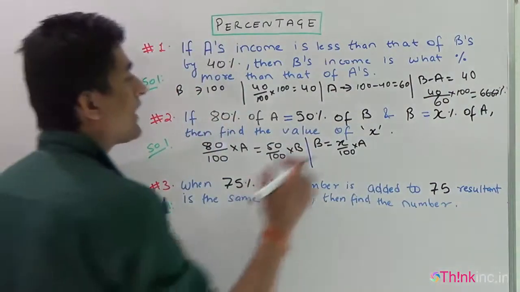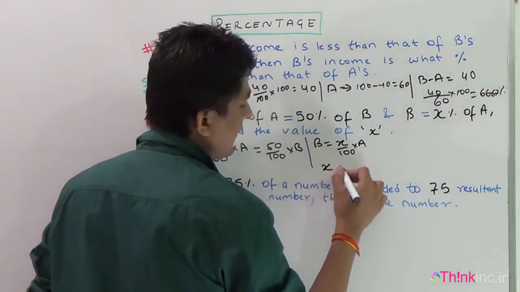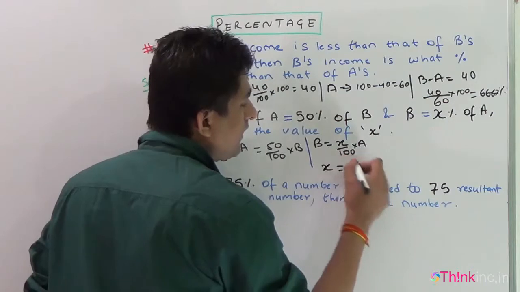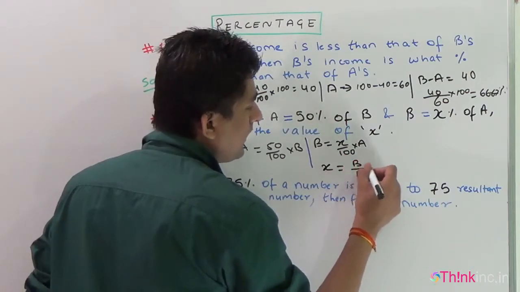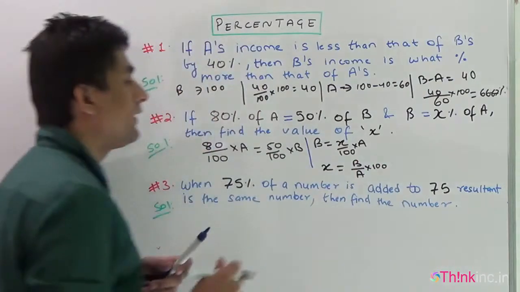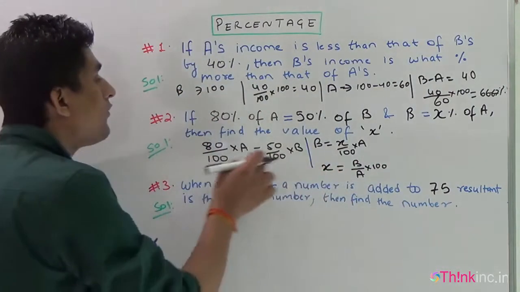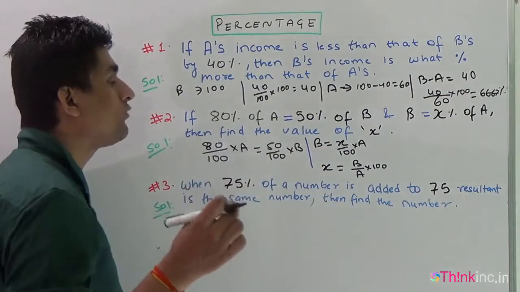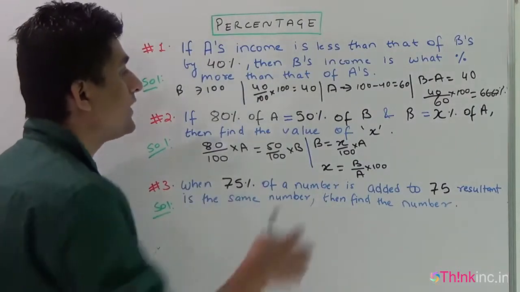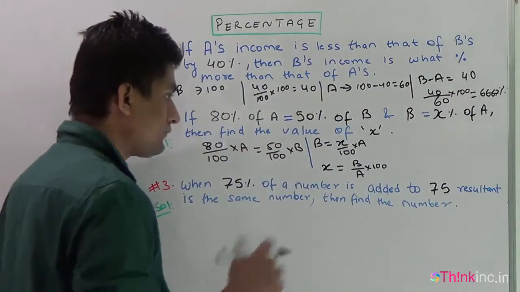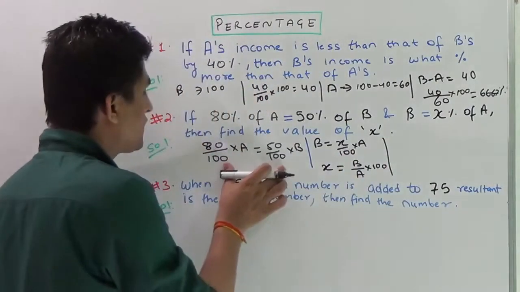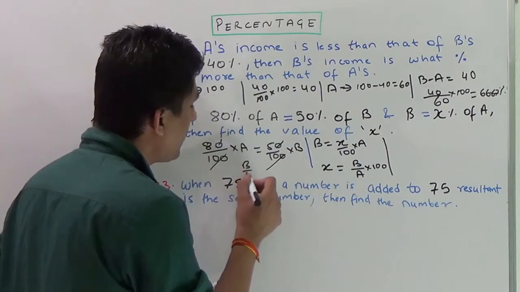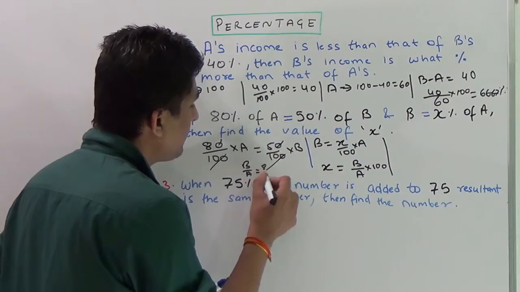Okay, we have to calculate the value of X. So I'm just calculating the value of X in terms of A and B. It will come out to be B upon A into 100. Now, in order to find the value of X, we have to calculate the value of B upon A. We don't need to find the value of B and A separately. We just need to find B upon A, and I calculate that value from this equation. In this equation, this cancels, this cancels, and B upon A will come out to be 8 upon 5.